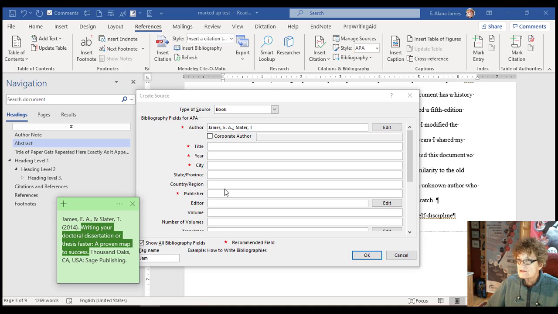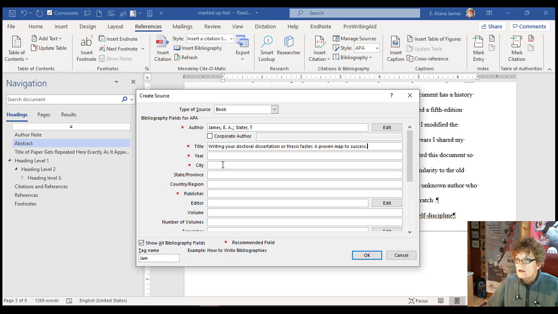Writing Your Dissertation Faster, a Proven Map to Success. The year was 2014. The city is Thousand Oaks. And the publisher is Sage. State or province we can put in as well, and the country or region is preferred these days, and we'll put in USA. Then that finishes it,